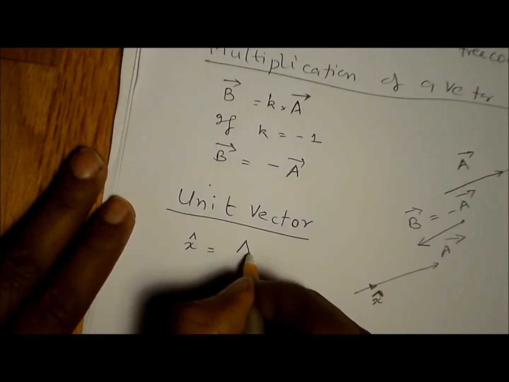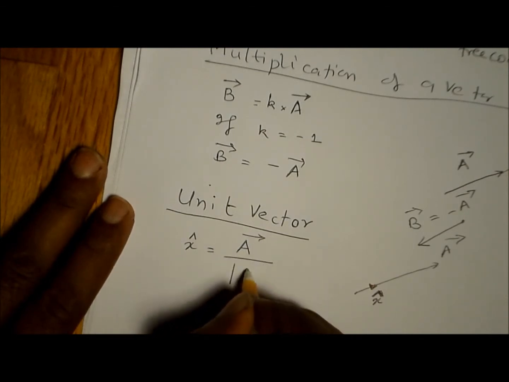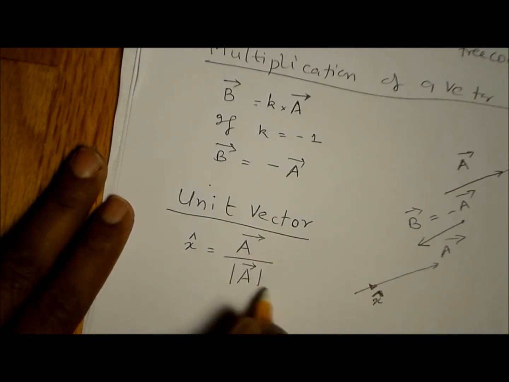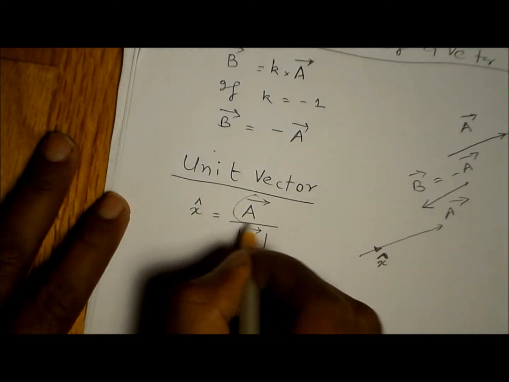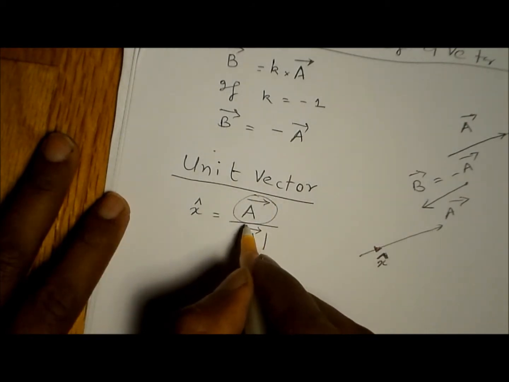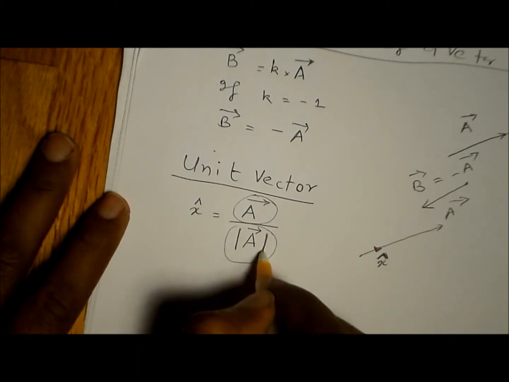It has the same direction as vector A, and it has unit magnitude. So what we do is we divide vector A by the magnitude of vector A. We note that a vector is represented by an arrow over the letter, and the vector's magnitude is represented by these two bars